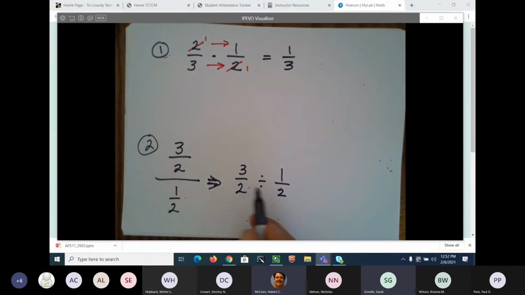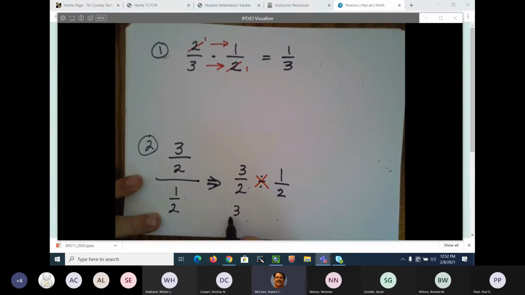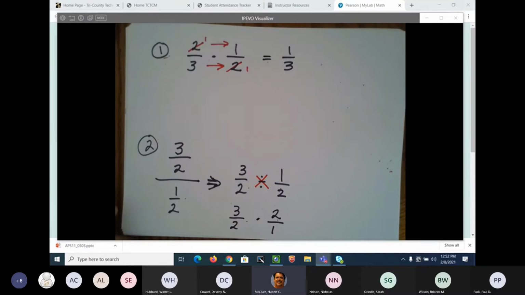Down here, well, I can't divide, so I'm going to put an X through that, meaning I can't do that. So I've got to rewrite it and change that to a multiplication symbol. And the 2's do what? The 2's cancel, and you're left with 3 over 1, which is,